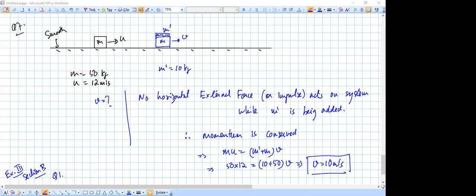But the ratio of acceleration will be different because acceleration will be given by force divided by mass. So in the second case, the mass is half while the force is the same. So obviously the acceleration will become double. So the acceleration ratio will be 1:2, whereas the momenta ratio will be 1:1. Yes, Bhagesh, your answer is correct.